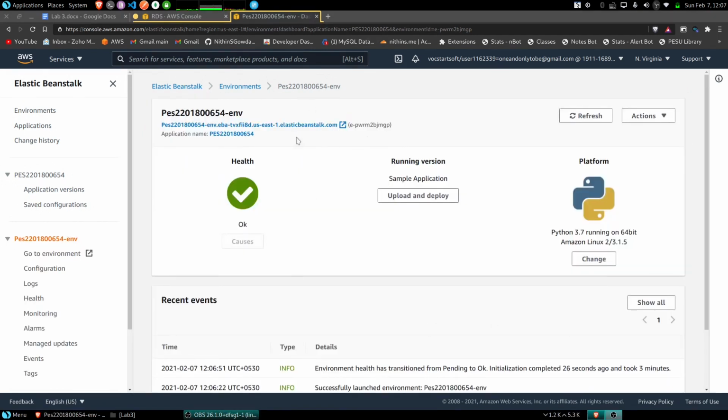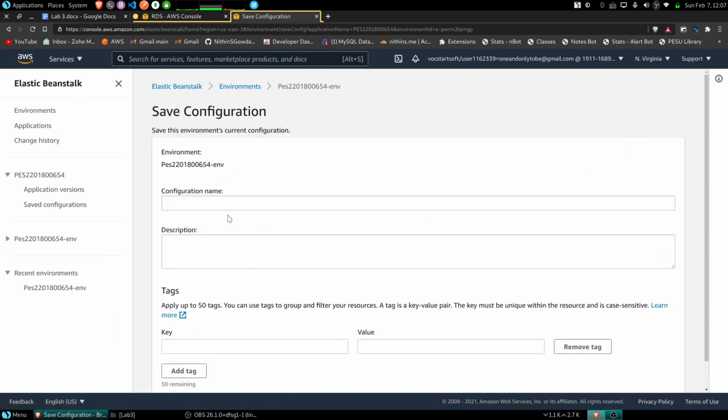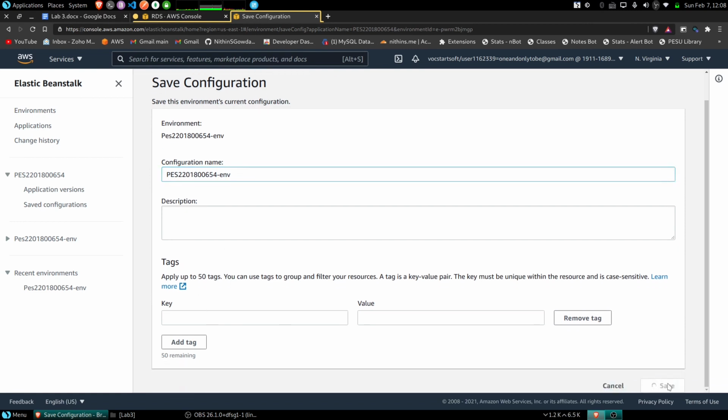Okay, so I have fast forwarded the video and now my environment is created. Let me save the configuration of this environment as my SRN and let me save it.